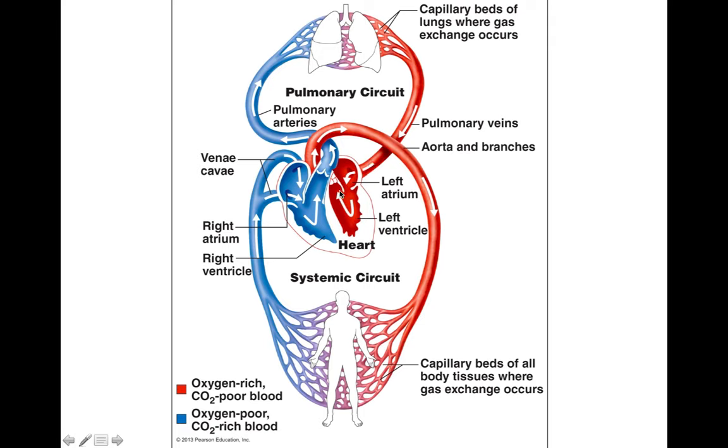Then the left side of the heart pumps through the aorta and sends the blood through what's called the systemic circuit. So it sends it through all of the rest of your body, delivering that oxygen to your tissue cells and picking up carbon dioxide as it comes back up to the right side of the heart. So the circuit that delivers blood and brings blood back from the lungs is called the pulmonary circuit, and the circuit that delivers blood to the rest of your body and sends that blood back to the heart is called